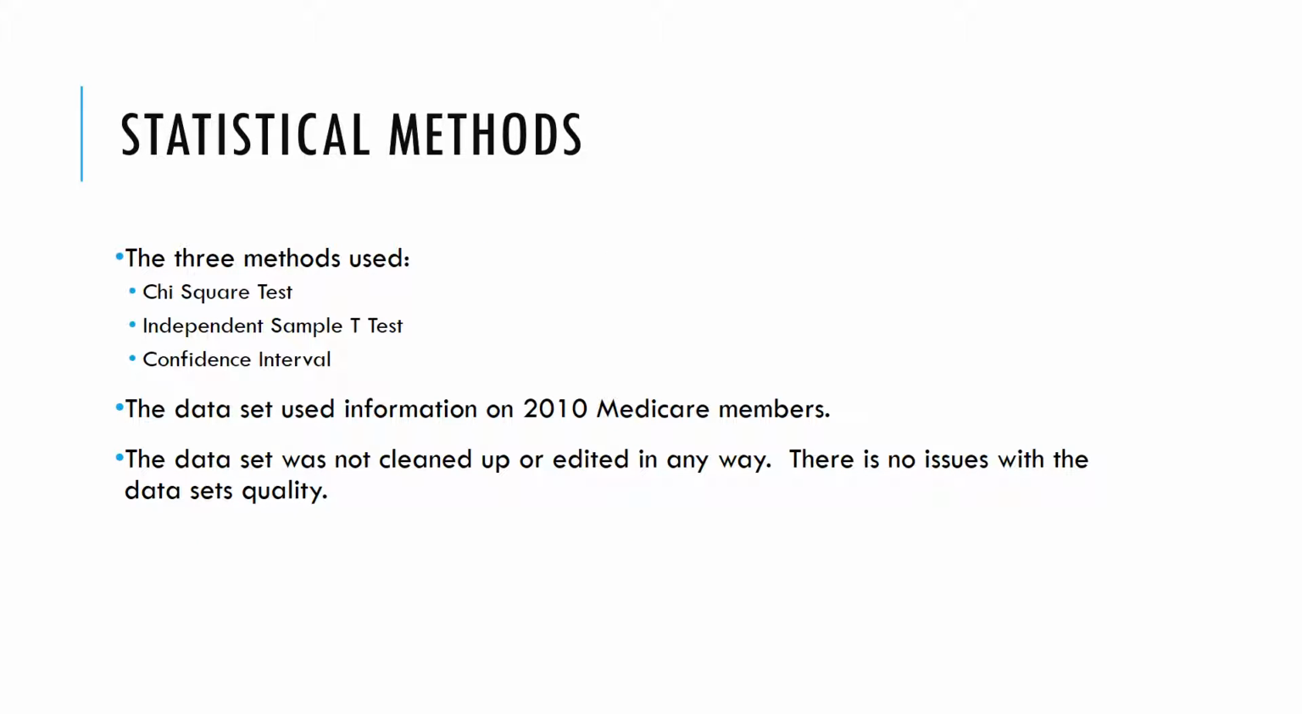The statistical methods that I used were the chi-square test, the independent sample t-test, and a confidence interval. The chi-square test was used to test two different nominal variables, whereas the independent sample t-test was used for a ratio and a nominal variable. The dataset used was collected from the 2010 Medicare members dataset. It was not cleaned up or edited in any way, and I had no issues with the